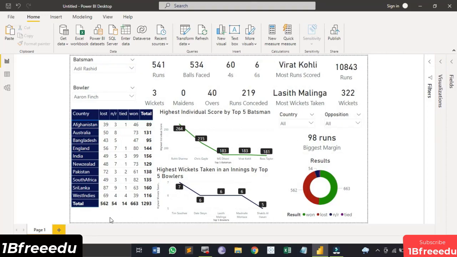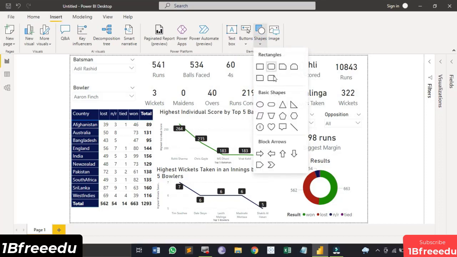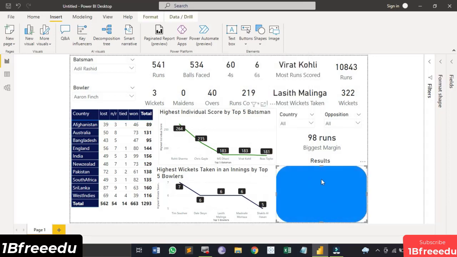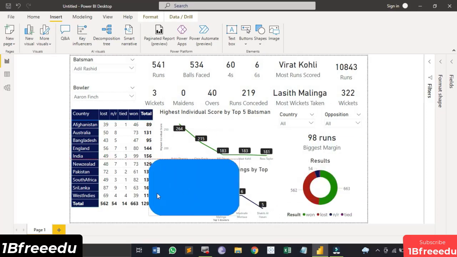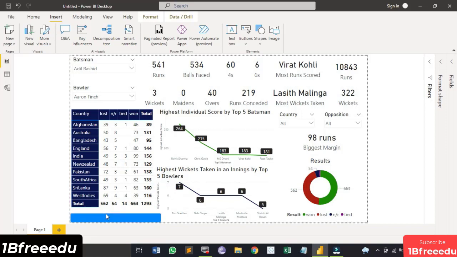The only thing that I'm going to work with is a simple text. So I'm going to go to the insert tab to insert a shape. This is the shape that I want to insert. Let's say a rounded rectangle. This is what I want to insert. And what will this shape do? It would actually tell me what is going on in this particular report, right? So let me just make some adjustments.